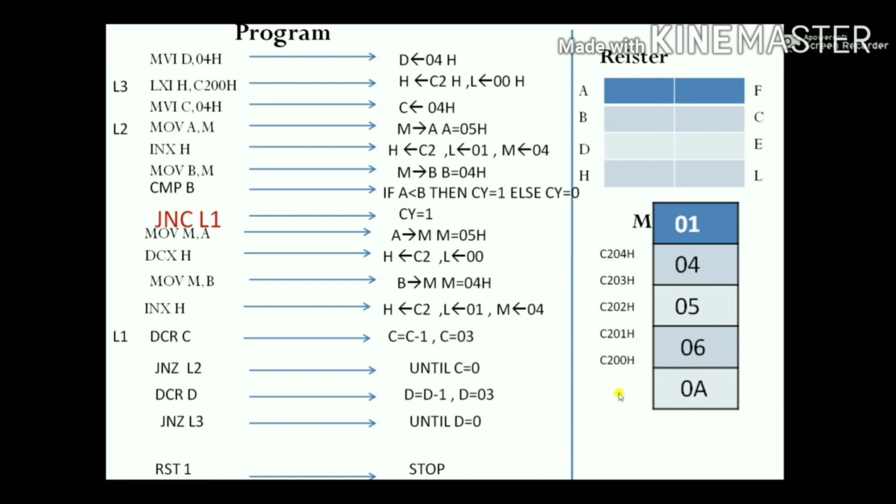So here we can learn two programs. One is for ascending order, and one is for descending order. Both programs are the same with one small change. We just have to understand that small change, and then we can study the two programs easily.